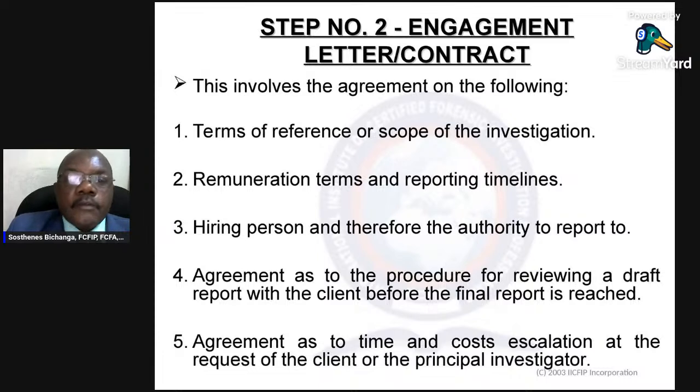Today I'm very punctual and I am starting with a brief recap of what we discussed in the morning. In the morning we discussed the first step of the forensic investigation process. We discussed the preliminary review, the pre-engagement investigation. We saw the importance, or rather we discussed the importance,